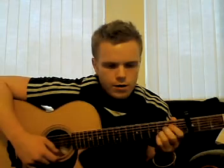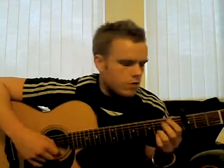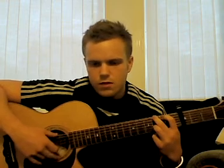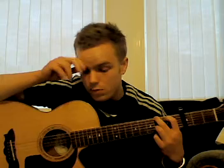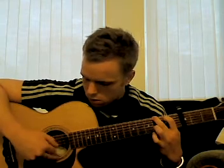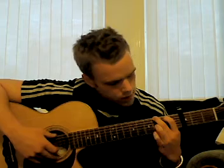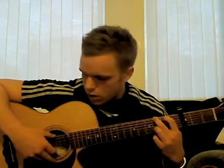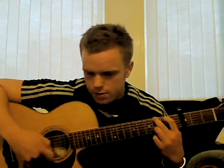Capo's on the 3rd fret for the version which I've seen, which he was playing on one of the videos on YouTube anyway. So really it's just picking, so I suppose I can basically explain the basics anyway. So really what you need to do is, for the first part, you need to pluck the E and the B string together,